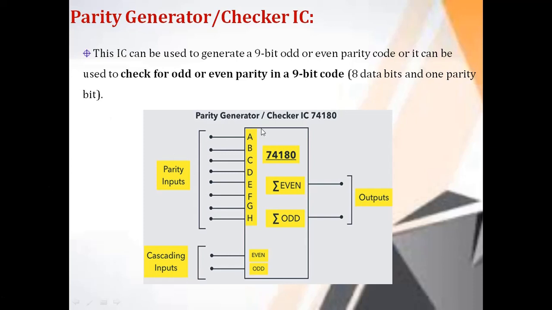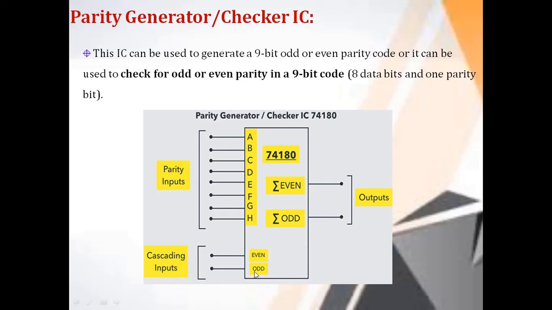So see here how many bits are sent by the transmitter? 8 bits, denoted by A to H. The cascading inputs only determine what type of parity we will use, even parity or odd parity. If I use even parity, the odd cascading input goes low.